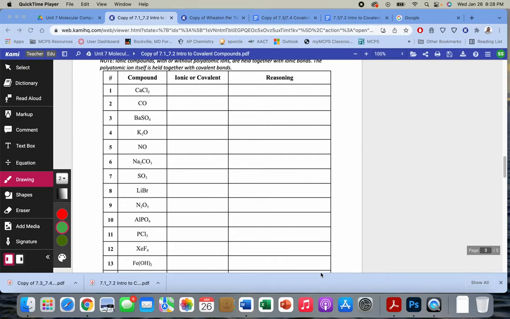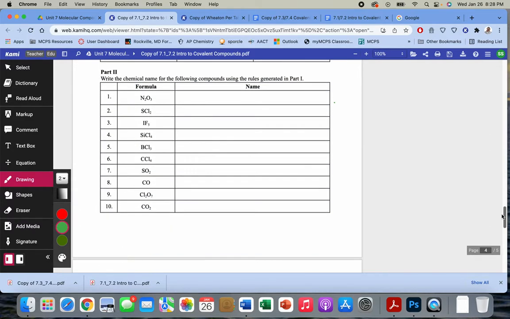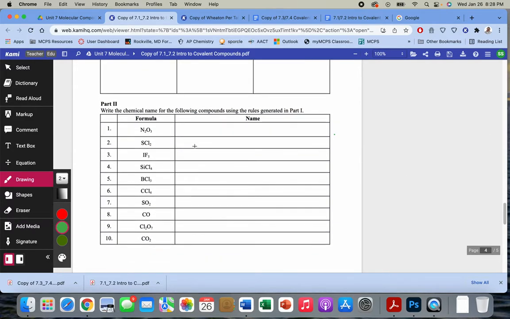We were talking about molecular compounds. And this list is actually a big list of molecular compounds. Actually, this is not. This is a different list, and shame on me for saying that. But this list is a list of molecular compounds. And what we did first is we asked you to look at what elements made up molecular